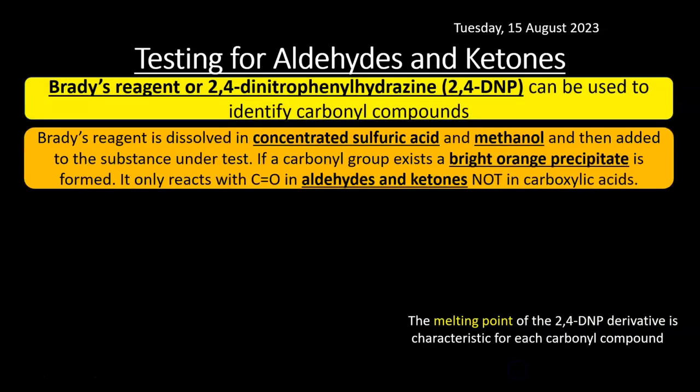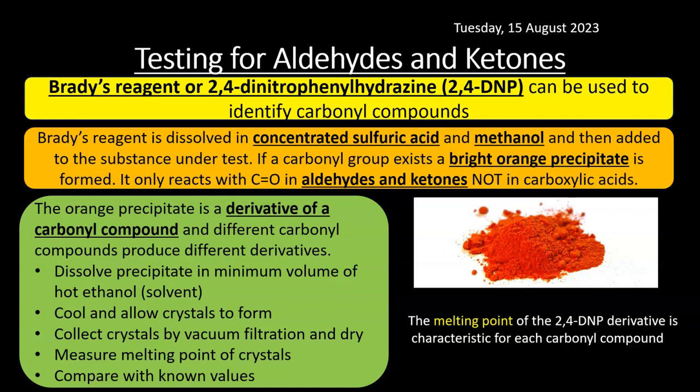The second test that we need to look at determines the presence of either aldehyde or ketone. Either type of compound will give this orange precipitate with the 2,4-DNP or Brady's reagent. There's an example of what the orange solid looks like. Now, by collecting the solid and purifying it, we do this by dissolving the solid in a minimum volume of hot solvent, such as ethanol. We cool it, allowing crystals to form. After collecting the crystals by vacuum filtration and drying them, we can measure the melting point of the crystals. The melting point is a precise indicator of which carbonyl compound